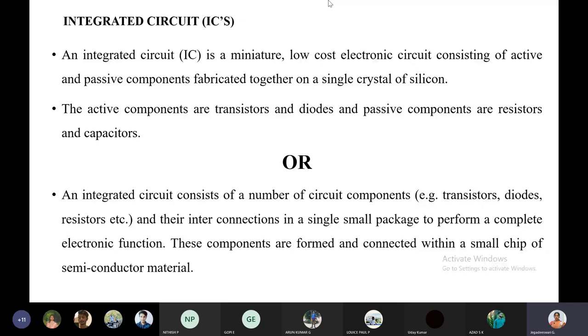Is the difference clear for both? Is it clear now? See, simply to say, active components are nothing but some of the switches, for example, which use the electricity to control. Okay, to control current we are using the electricity. These are some switches like transistor or diode or SCR. Okay, the IC also comes under active.